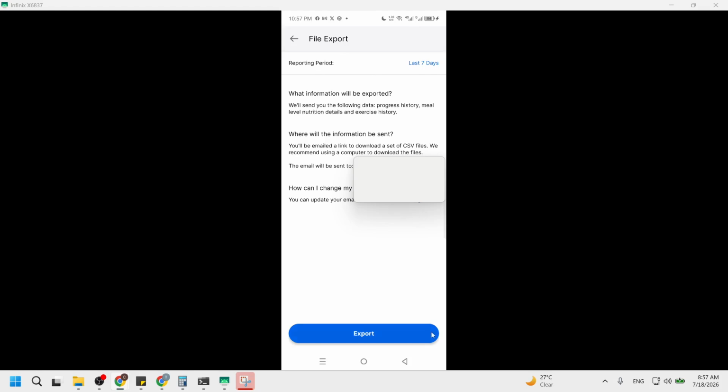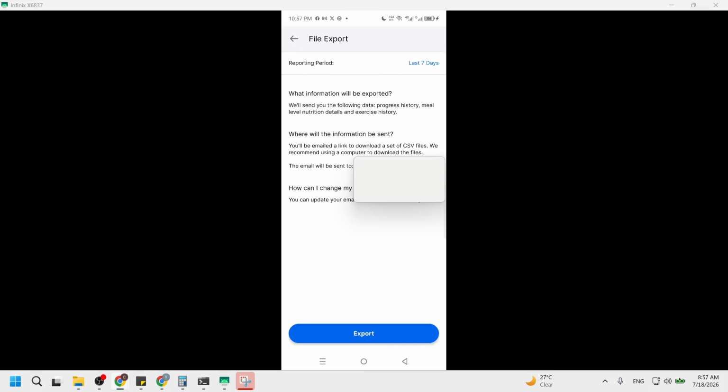This action will confirm your choice and finalize the download of your data. Depending on the size of the data, this may take a moment. It's essential to ensure that you are ready to receive your data in the chosen format, whether that's a CSV file or another type. This step wraps up the entire process, and you should see a confirmation message that indicates your data is being exported. This means you're all set to access your information whenever you need it.